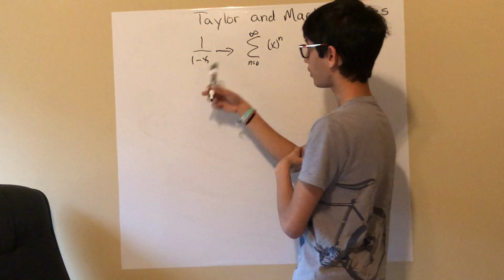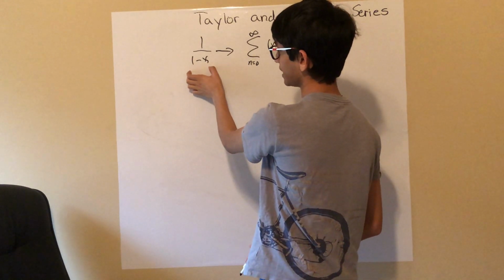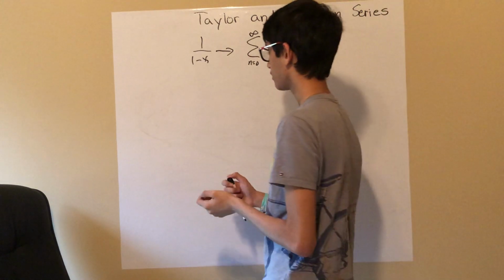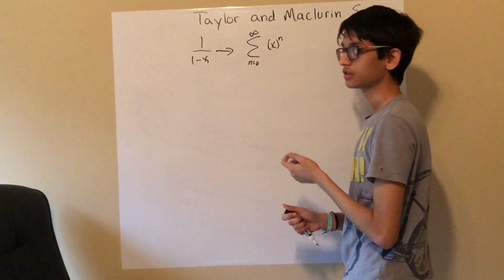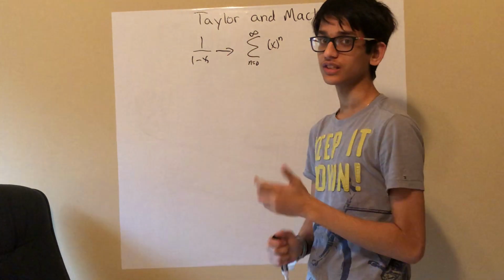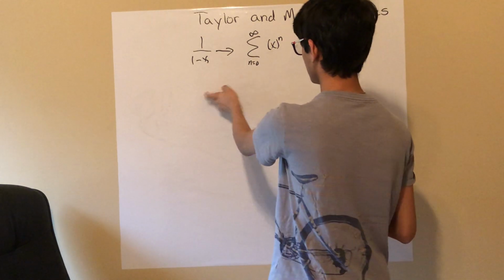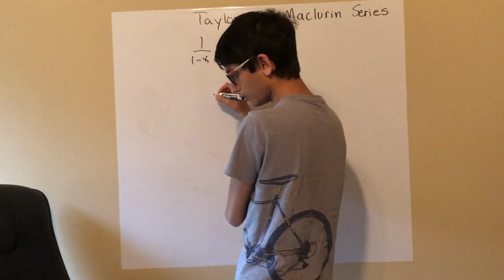But not all functions are easily able to go into this form. In times like that, what we can use instead is a Taylor or a Maclaurin series. A Maclaurin series is just a specific version of a Taylor series, as we will see later on. So if it's not easily given, you know that